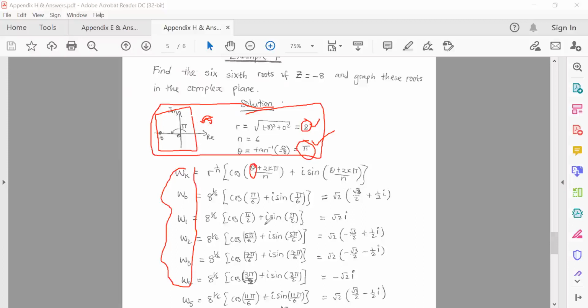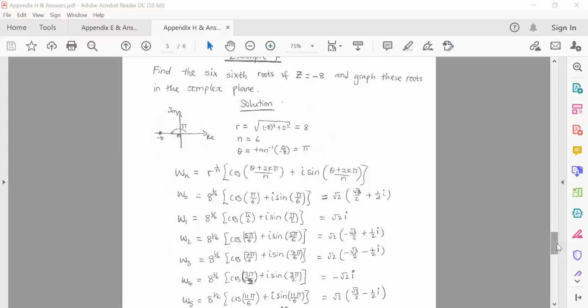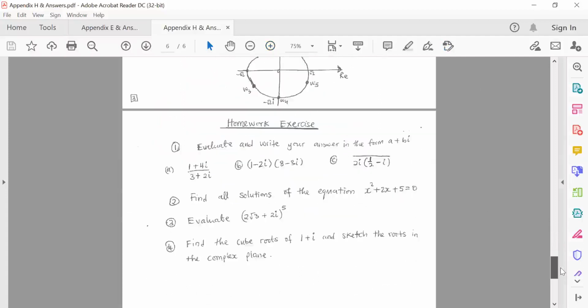That's basically it from my side. It's exactly 6 because what is coming next is just homework problems. Do the homework problems. You see, the homework problems cover everything that I want you guys to know. I said evaluate each and write your answer in the form a plus bi. So you need to do that. You need to do a, b, c. You need to find all solutions to that equation. You should be able to apply De Moivre's theorem for question 3. And then question 4, obviously we've already done. And if you notice in question 4, I insist that you also sketch the roots in a complex plane. So see if you can